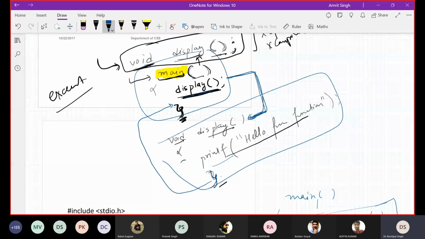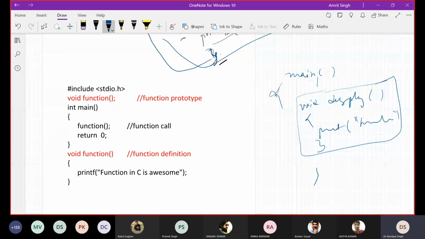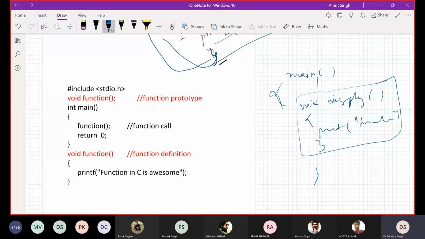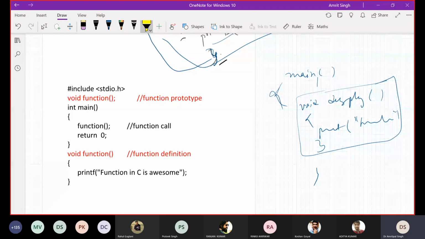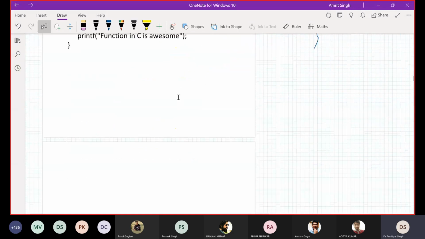Okay, so we have just called this module in this particular main function. But when you write like this, your full program will again become a single program. Now just remember some nomenclature. Telling your compiler that we are going to have a function like this is known as function prototyping. Then calling a function is a function call, and defining the full body of the function is known as the function definition. Okay, done?